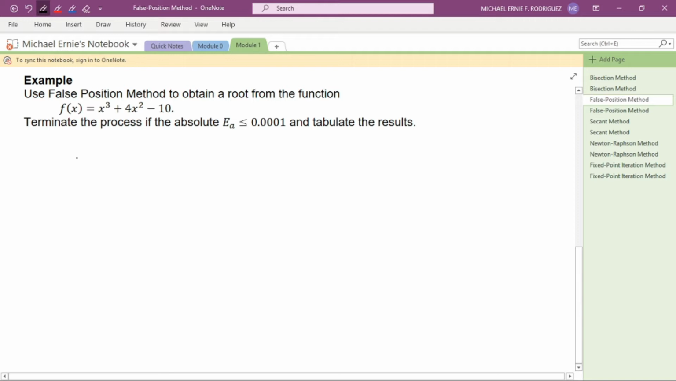Example: use the false position method to obtain a root from the function f of x is equal to x cubed plus 4x squared minus 10. Terminate the process if the absolute approximate error is less than or equal to 0.0001 and tabulate the results. For the solution, we assume that x sub L is 1 and x sub u is 2. These are the initial values. As evaluated in the earlier example on the bisection method, we found that f of x sub L is equal to negative 5 and f of x sub u is equal to 14. As you can see again, the function changes sign between values of 1 and 2. So we can use x sub L is equal to 1 and x sub u is equal to 2 as